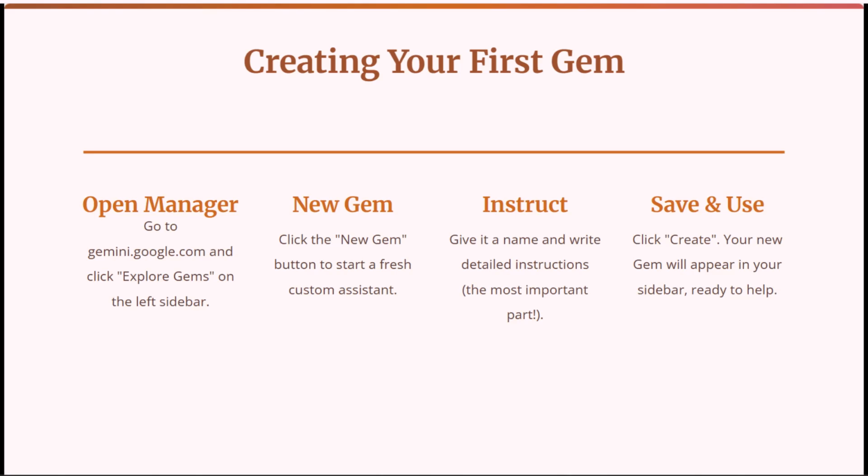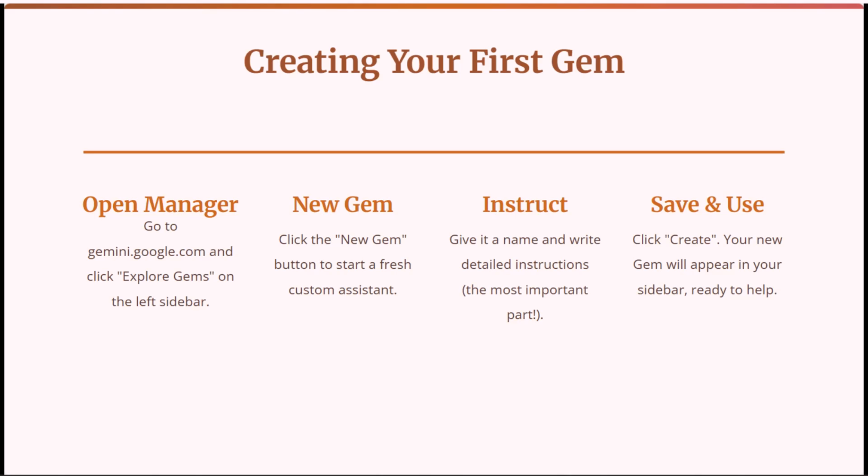Creating your first gem, you're going to go to gemini.google.com. It's also in our waffle. On the side panel, you're going to click on Explore Gems, and then you're going to click New Gem. You're going to give it a name and give it detailed instructions, which is very important. And then you're going to save it. Also, in that panel, you can preview it so you can test it out to see if it is giving you the